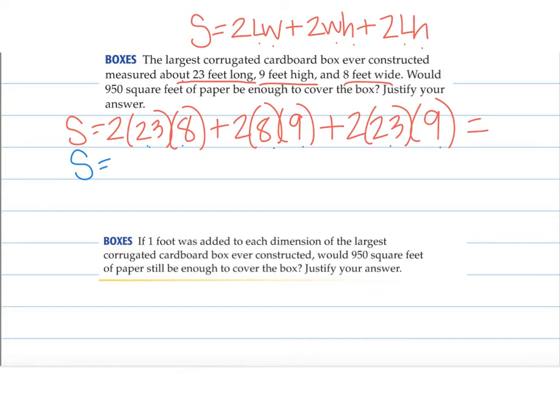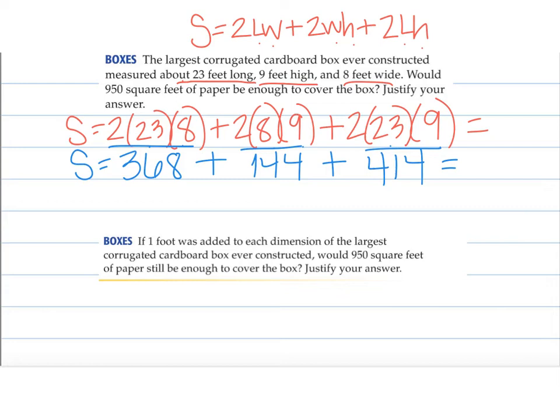And I think it's best if you just do your multiplication out step by step. So let's do this one separate, that one separate. So 2 times 23 times 8 is 368. And then I have 2 times 8 times 9, which is 144, plus 2 times 23 times 9, which is 414. Then let's add those together. 414 plus 144 plus 368 equals